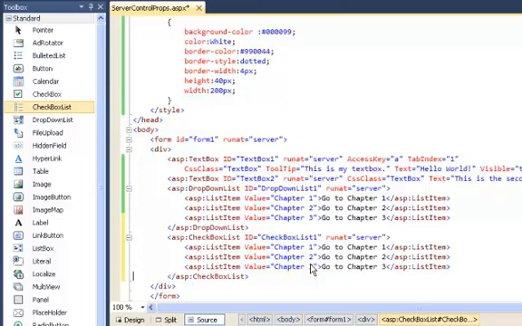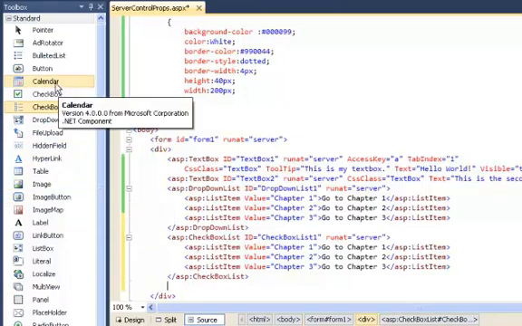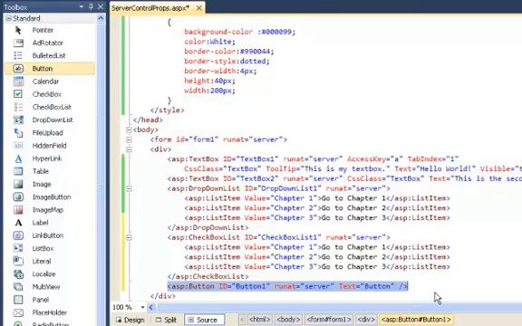And finally, let's add a button from the toolbox, and let's add it below the checkbox list, and then we would assign a code to this button that would show our selection in the drop-down list and the checkbox list. So add the button after the checkbox list, and the text for this button is submit selections,